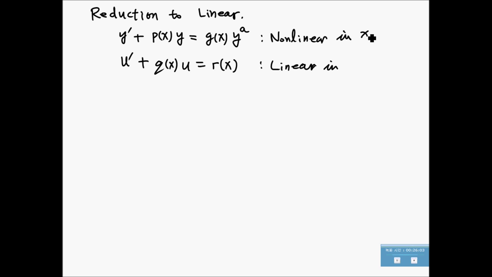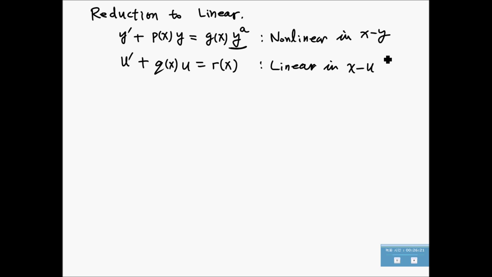Because of this y term, it's nonlinear in x, y. We want to make it linear in x and u. If we are able to make this equation linear,